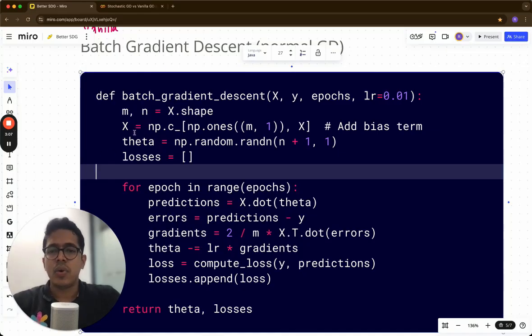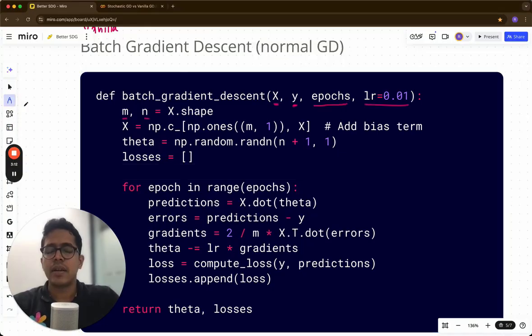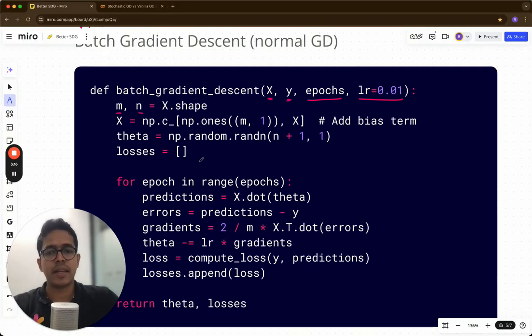Now in this line of code, a bias term is added so that we can represent the whole thing of calculating the prediction as a matrix multiplication. Let me jump to this line of code once. Predictions equal to x dot theta. Basically what we are doing here is